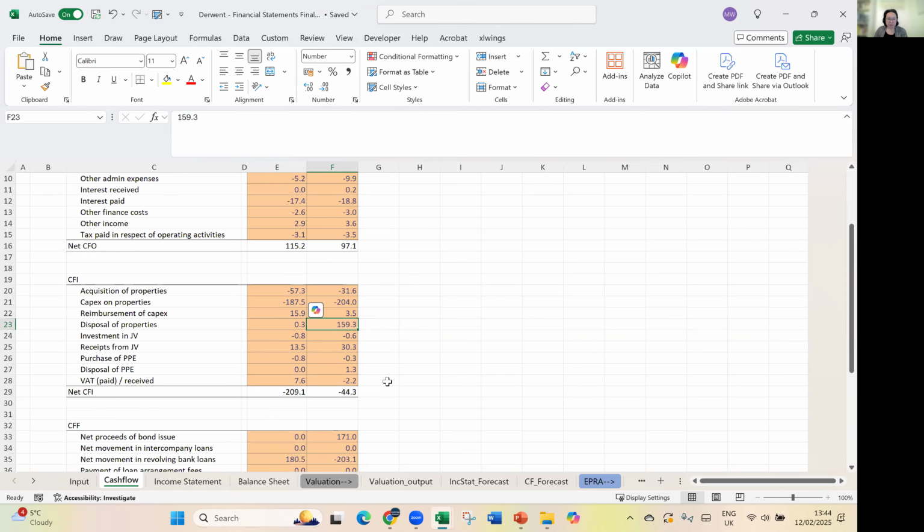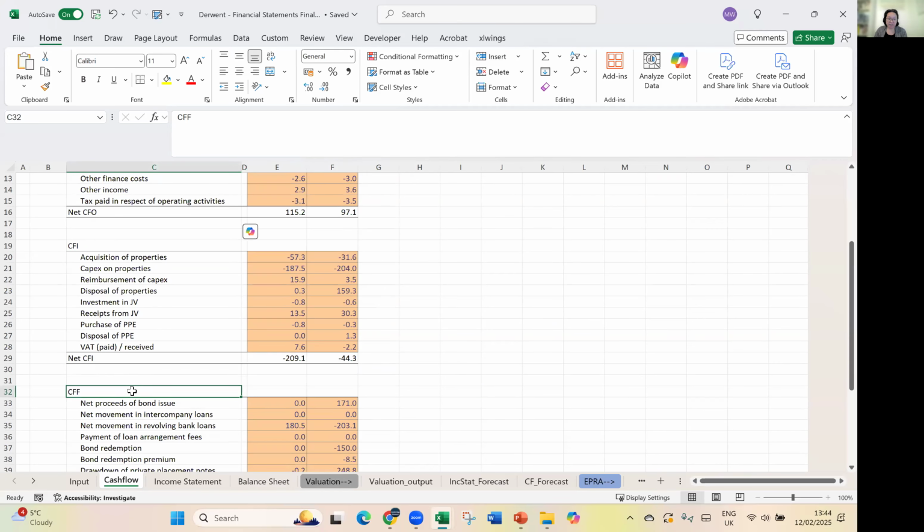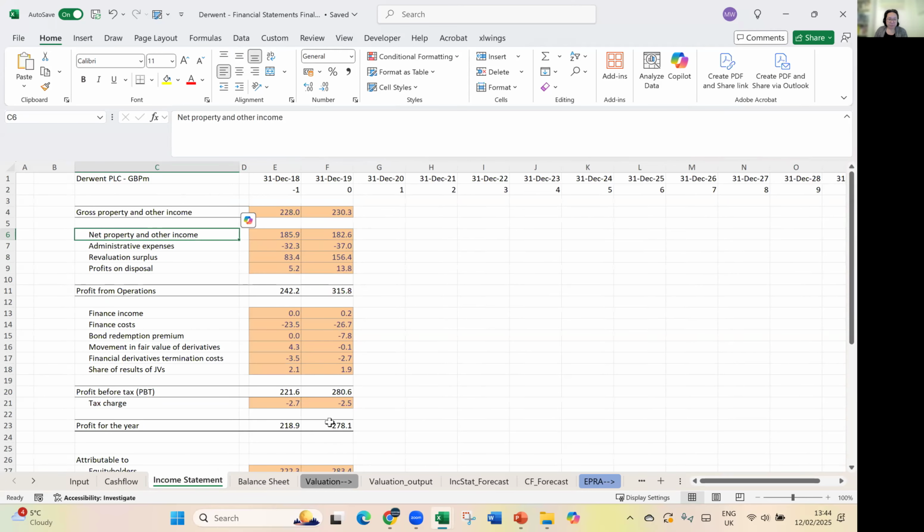Disposal of property. So that's one thing that goes into your CFI and not your CFF. Okay, income statement, it's a bit of what is the